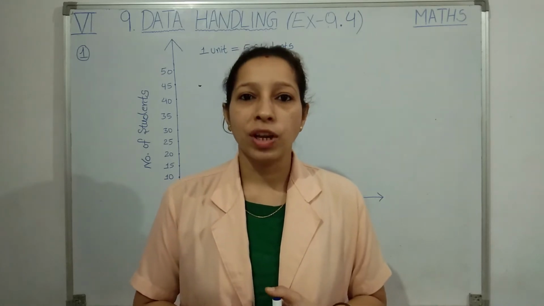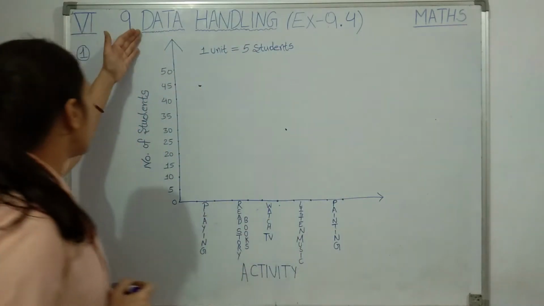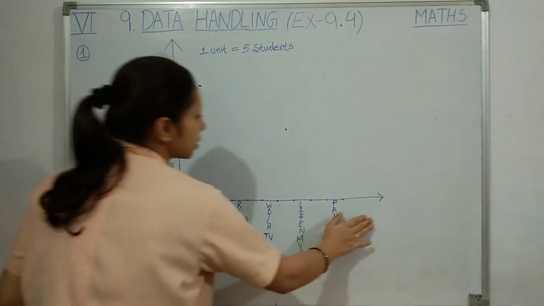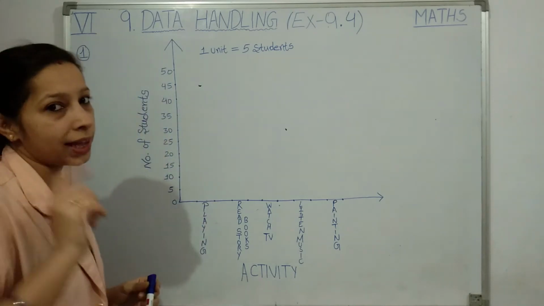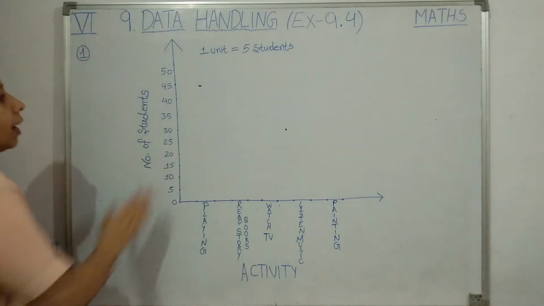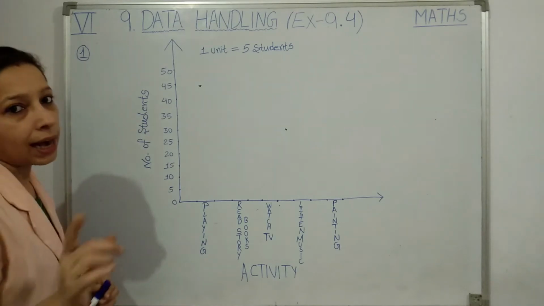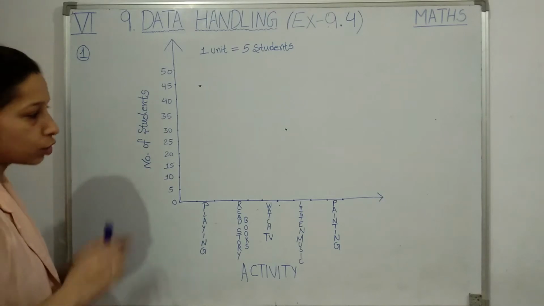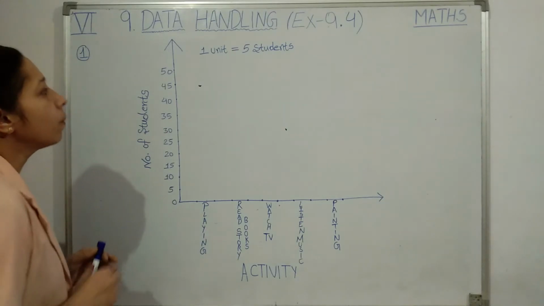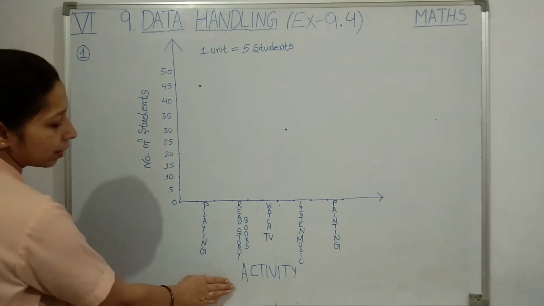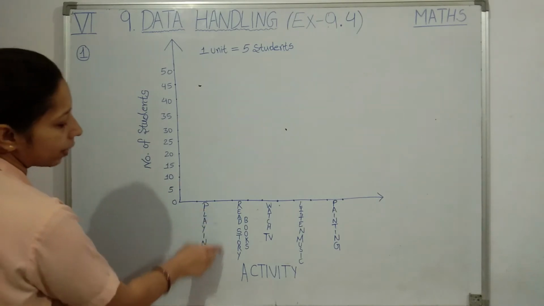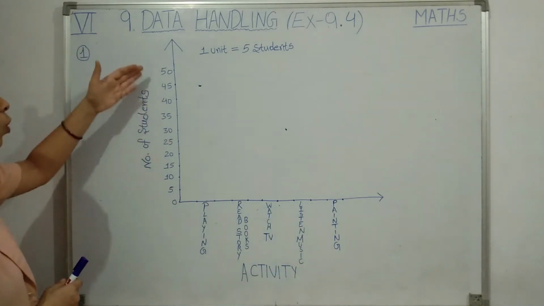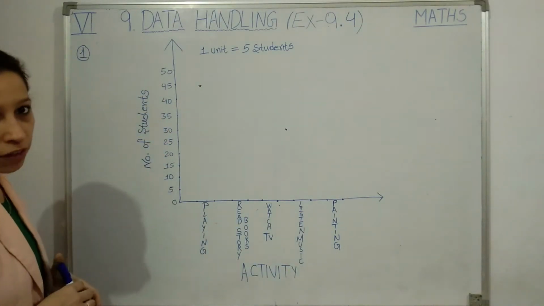For a bar graph we know that there are two axes, the y-axis and the x-axis. I have already drawn the graph here. Just see, this is the x-axis, this is the y-axis. Giving a title to each axis is a must. Here the title is activity, and here it is number of students. You have to give proper titles to your graph. Then label it properly. The activities I have written are playing, reading storybooks, watching TV, listening music, painting. And here I have shown number of students. So label your bar graph properly.